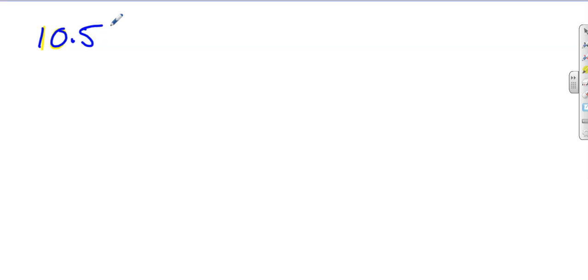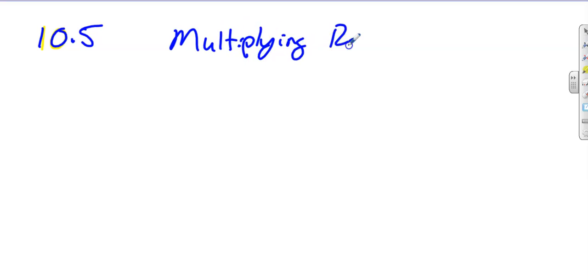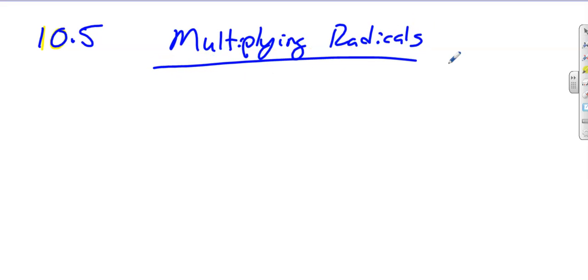Okay, 10.4 was all addition and subtraction, which said that everything had to be the same in the radicands, and then you would add and subtract the numbers that were out front with the coefficients. 10.5 kind of goes in a different direction because it's multiplication. Okay, and 10.5 actually is a little bit easier because when you're multiplying radicals or square roots,